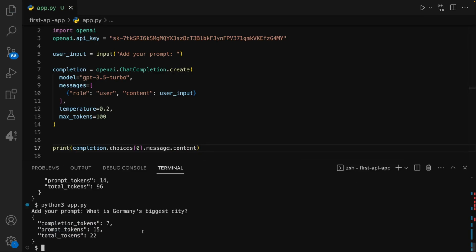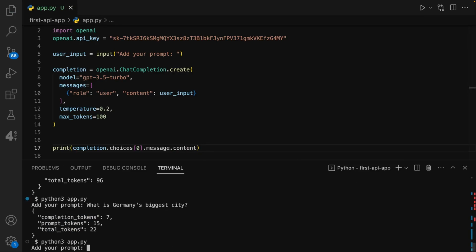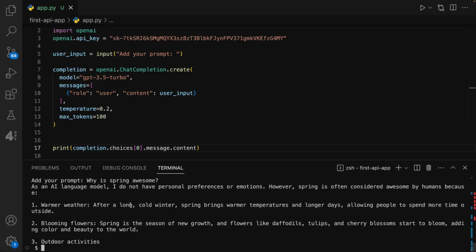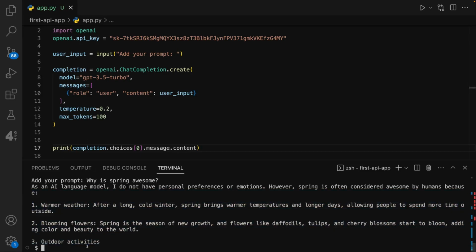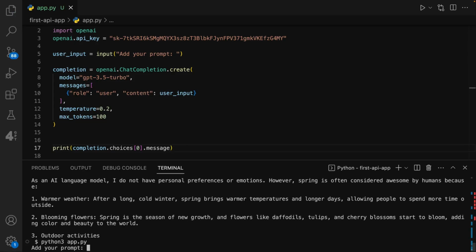So now, by again running the app, asking something like, why is spring awesome? Then I get back the value of this content key, so to say, again cut off due to our maximum tokens limit. But with that logic, you can access exactly the information you require from the response object you receive from the API. Now, if we go back to the default case where we access the message and run the code again,